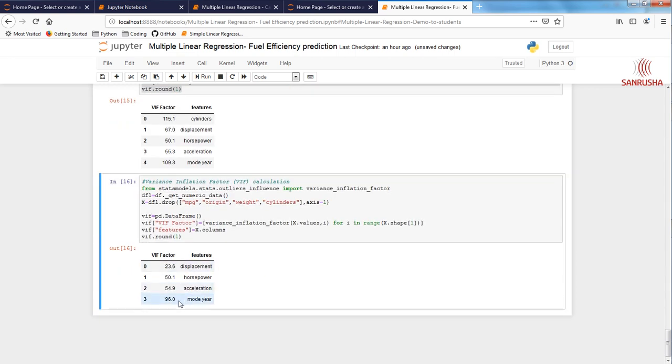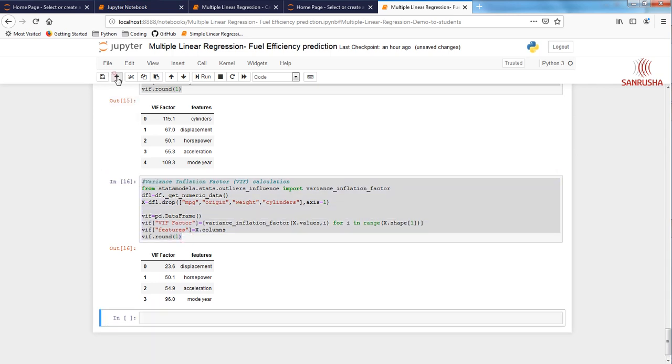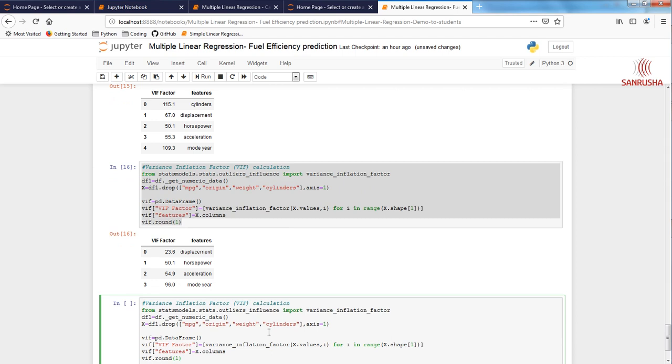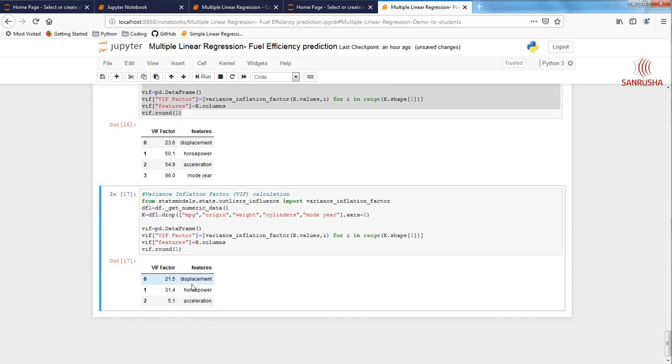Very good. We are getting near. We are left with a few: acceleration and model year. Model year has a higher value, so let's get rid of model year. What do we have now? Displacement and horsepower.